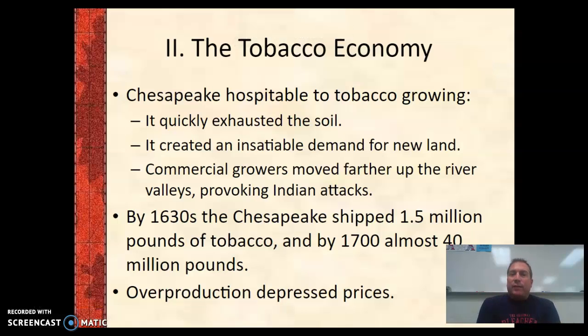And where we left off in periods 2 and 4 was taking a look at the Chesapeake colony. If you're in period 1, you got a little bit further than this, so you may want to fast forward by just a bit. But this is where we left off, taking a look at how in the Chesapeake, you